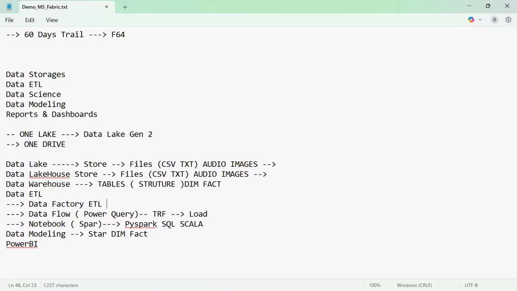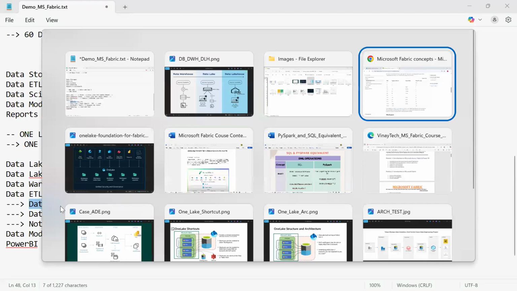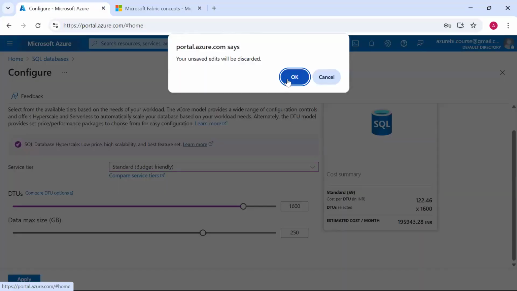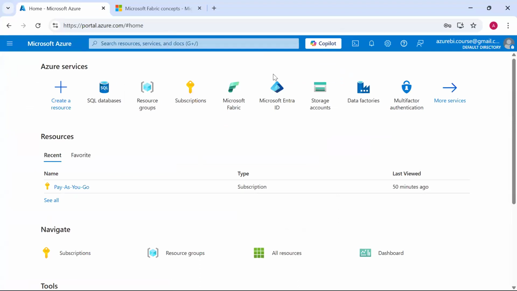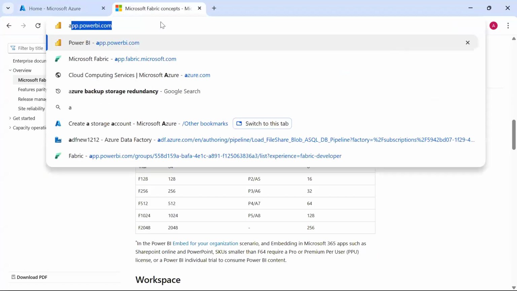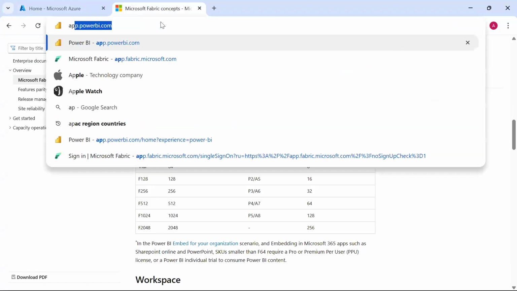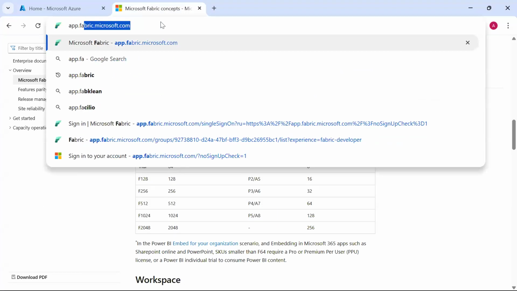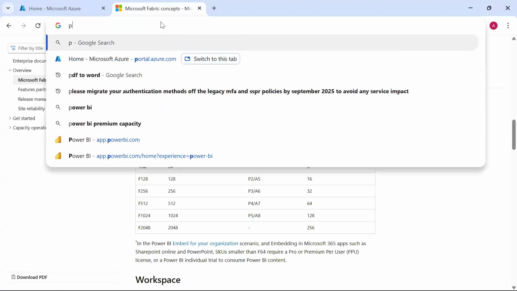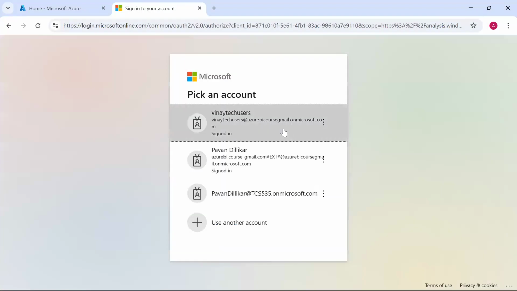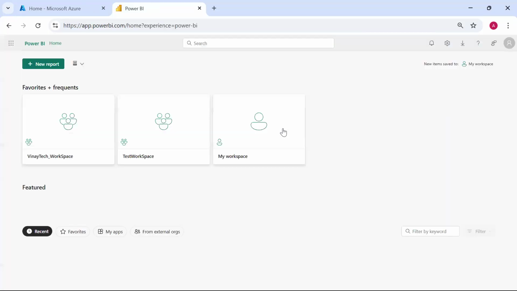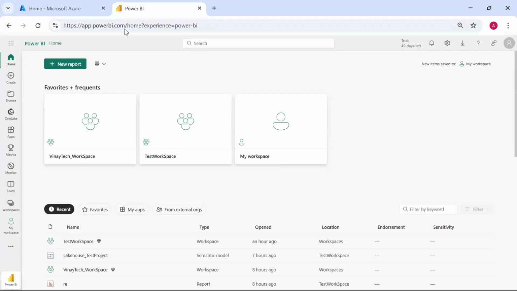ETL processing is a very beautiful tool, and nowadays there is a lot of demand. You no need to go to a separate service in your Azure portal. We are talking about Data Factory in the Azure data engineer process, but here you need not go to a separate portal. You can directly log into app.powerbi.com or fabric.microsoft.com. People who already have an account with Power BI just need to convert it to a Fabric account, which is a free trial account. It looks similar to Power BI app services, but here additionally